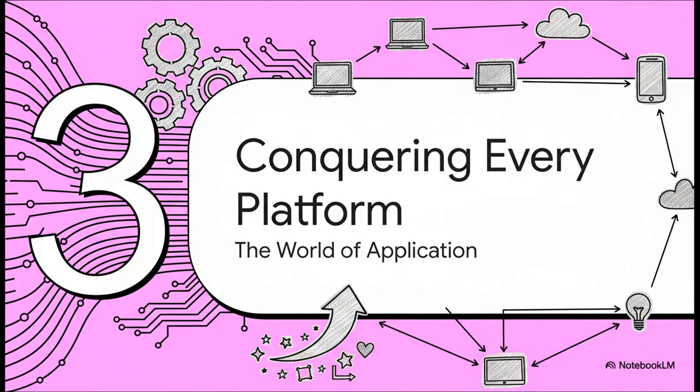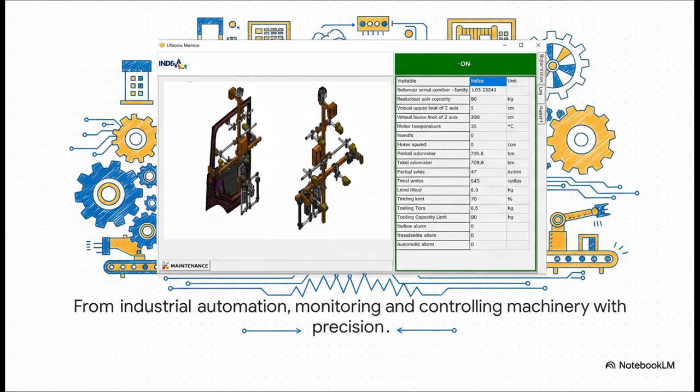Now, when you combine that clean code with an adaptable architecture, something amazing happens. You unlock the ability to build solutions that can go absolutely anywhere and do anything. This is where the real impact of our work starts to come to life. And the possibilities are just vast. Your code can be the brains behind complex industrial automation, controlling precision machinery where reliability isn't just a nice feature,